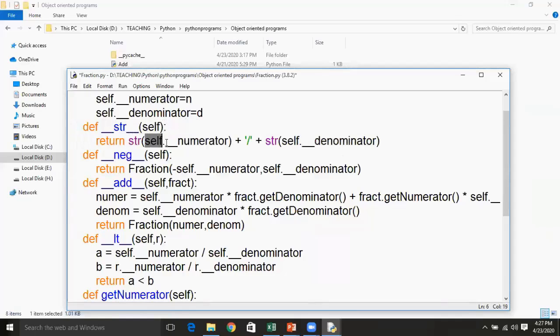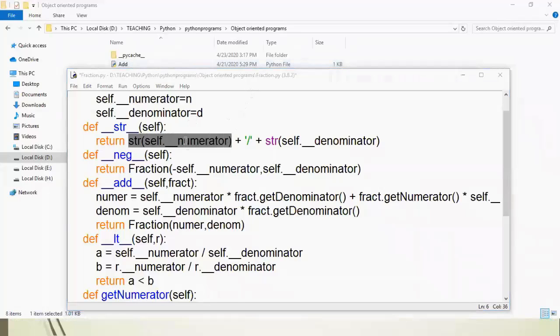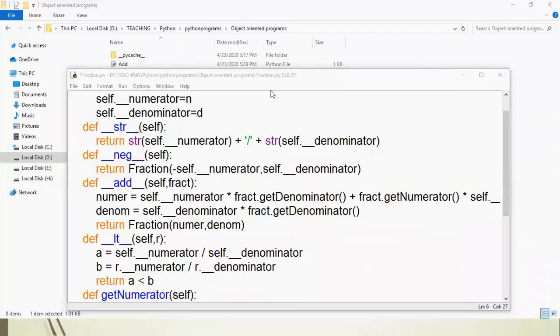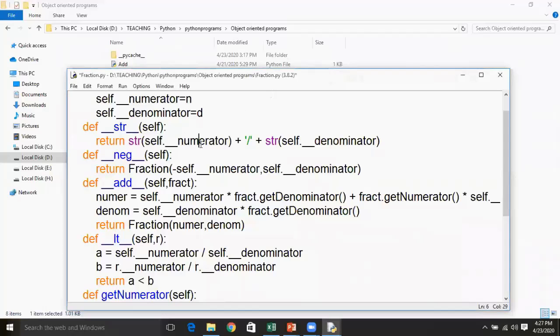Self is a reference variable, a default variable which helps us represent the members of the class. By using self and the dot operator, you call underscore underscore numerator, which is an integer value, and you convert it into a string by using the predefined function str. In this str function you pass the numerator, so it converts the numerator variable into a string.